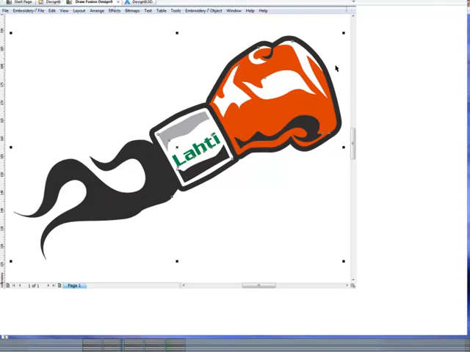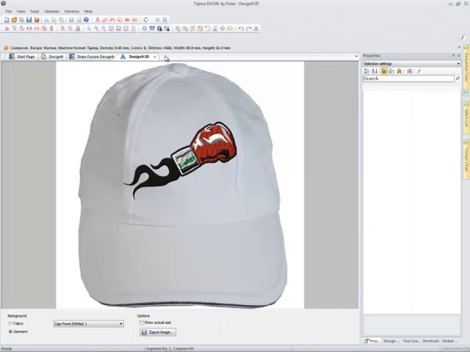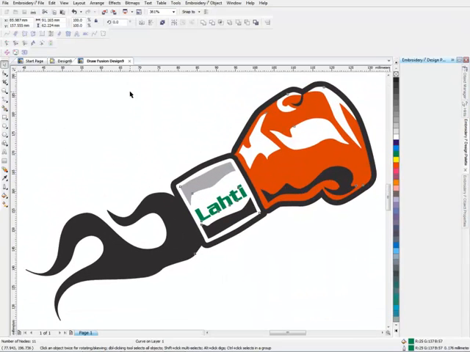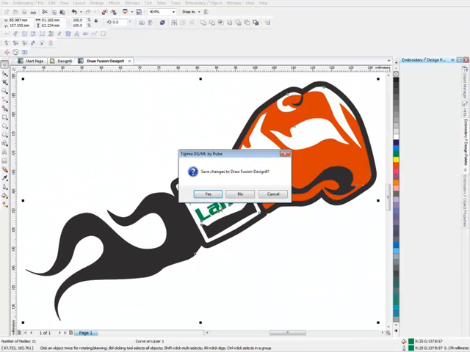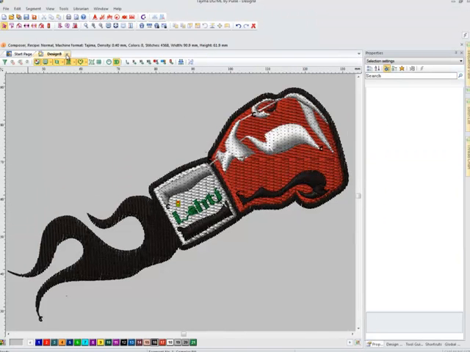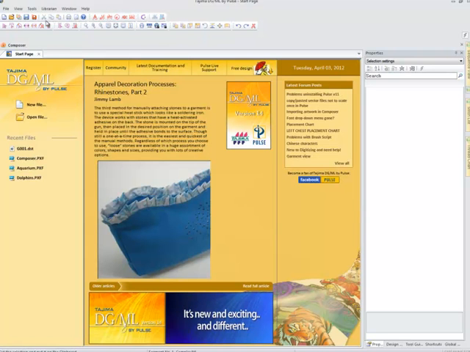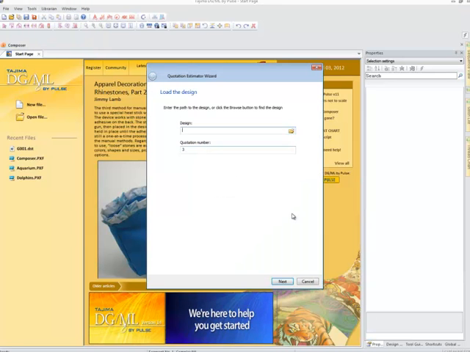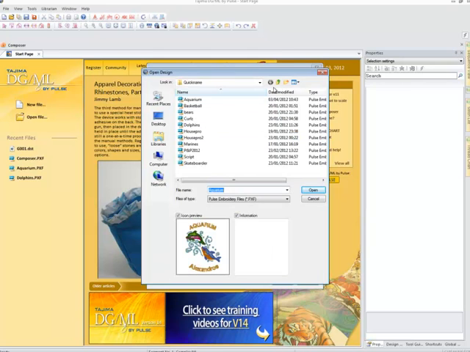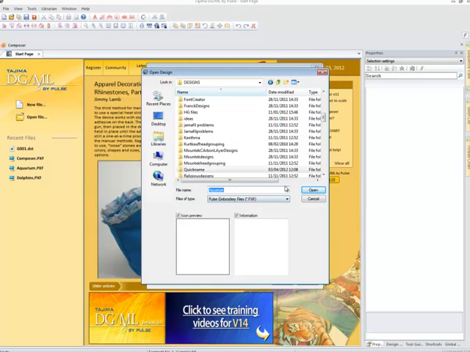Let me open Composer. Let me close the design. Let's close the 3D view. Let's get rid of Throw Fusion, which I don't need anymore. And let's look at a new feature which is available in Composer, is new in version 14, and it's called Quotation Estimation Wizard. So let me pick now the design we have just created,